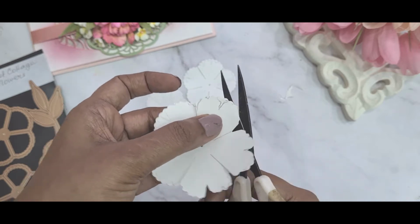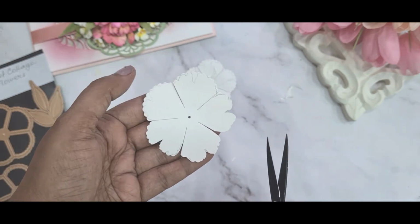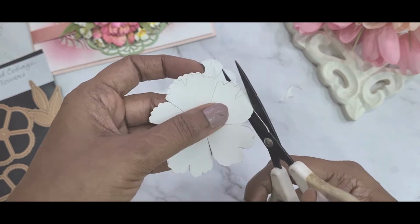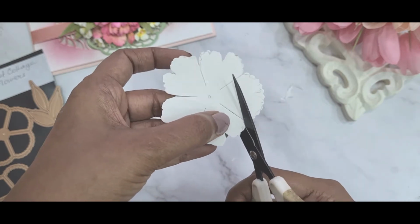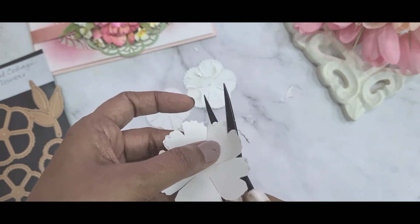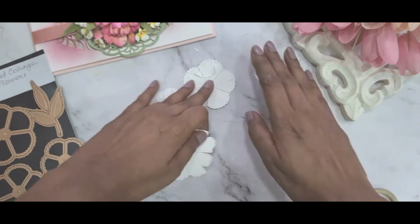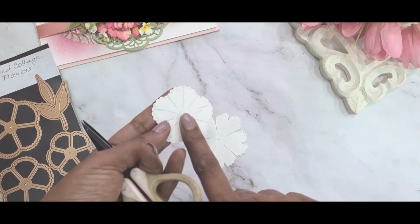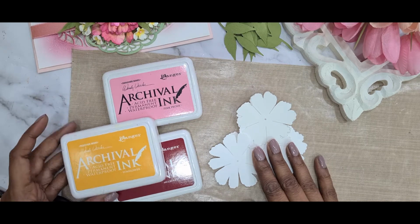So here I'm giving shape to the petals like this by following the drawing that I have made, or you can just do freehand if you want. This is how all the petals for all the flowers will be cut. So basically, to make a big flower, I will be needing at least 2 or 3 of the bigger size die cuts, one medium size and one smaller size. Depending upon how big or small you want your flower to be, accordingly you will take how many flowers you require. For my flower here, I will be needing at least 3 to 4 of the bigger size, one medium and one small. So all the flowers have been cut now, and now I'm going to color them with my archival